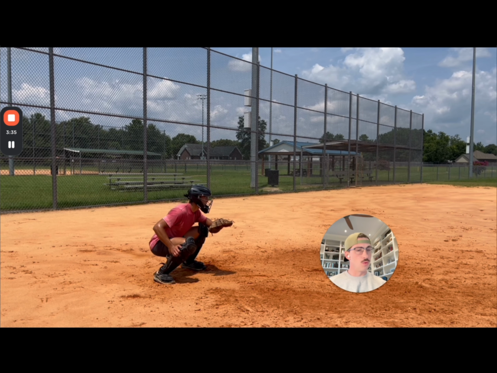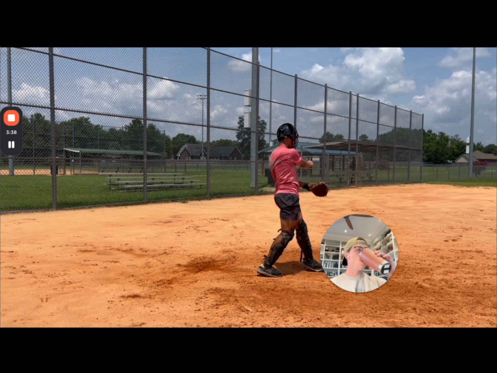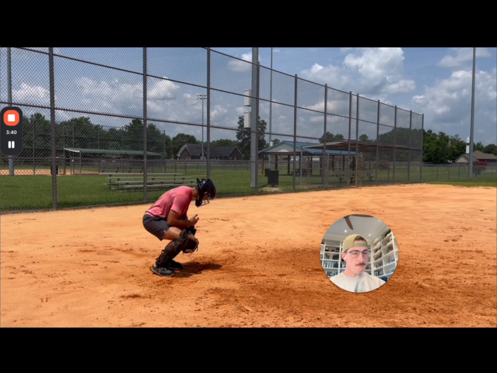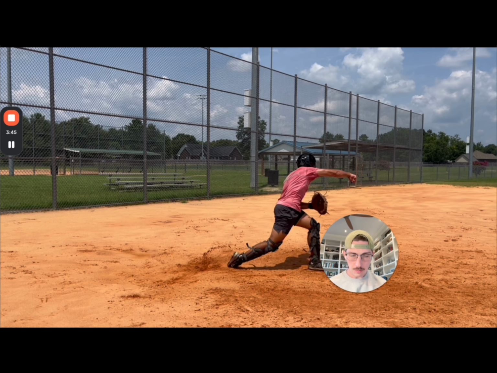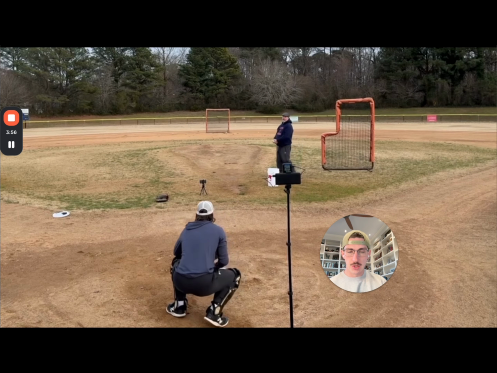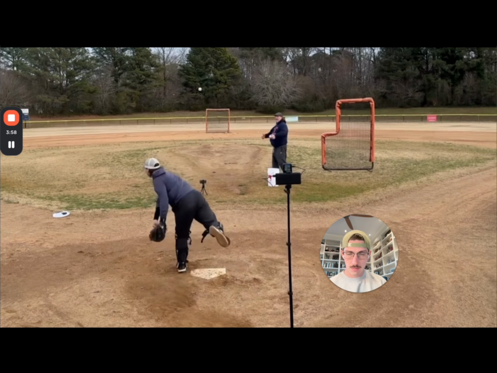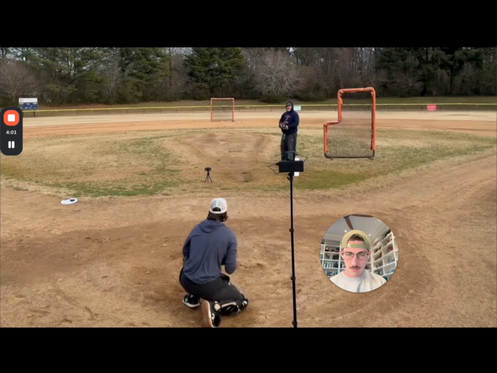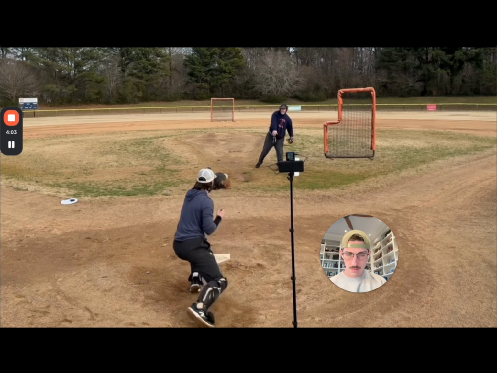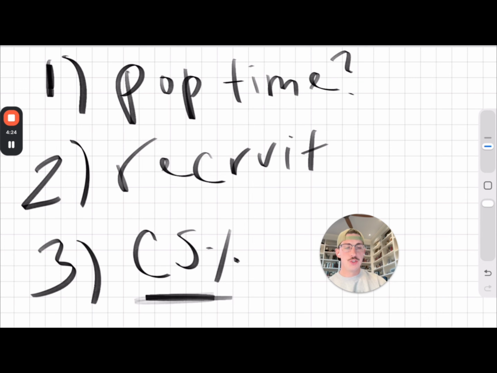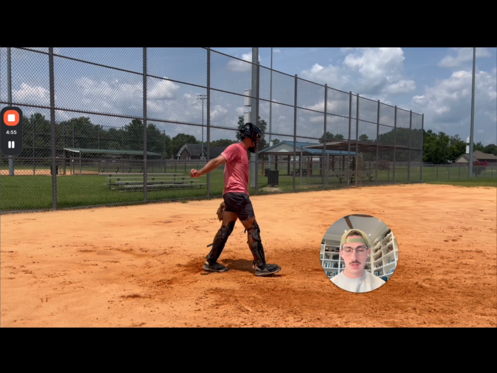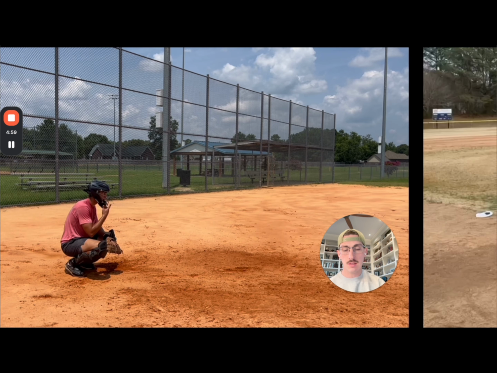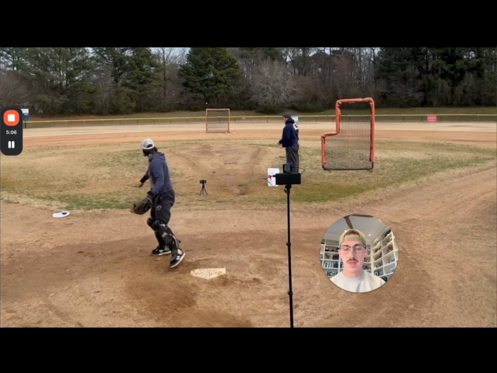So we have catcher number 1. And we have catcher number 2. Chances are that you said catcher number 1 and that you would recruit this guy and he would throw out more runners, because both of these catchers put up pop times in the 1.9s,